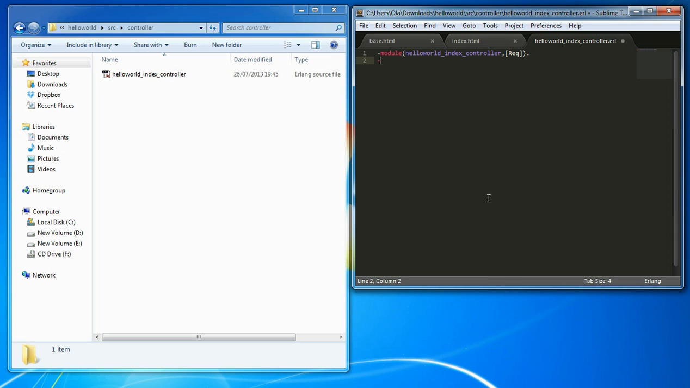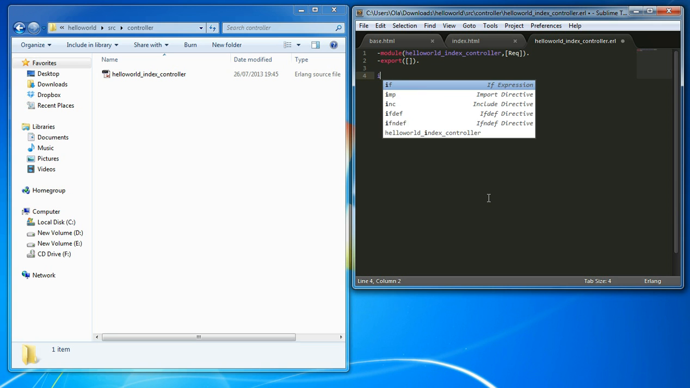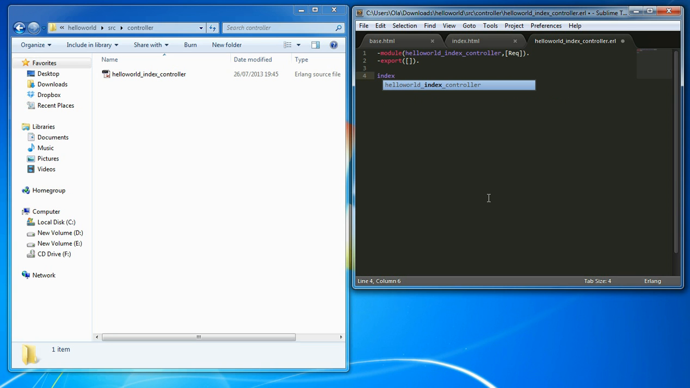The next part is to export the function that we have. So we're going to have export, and we're going to have a list of functions to export, which we're going to do later on after writing the function itself. The first function we want is the index function, which is going to be the actual main